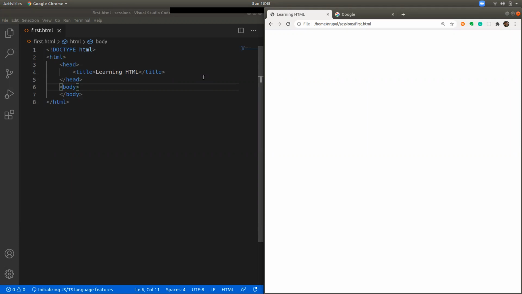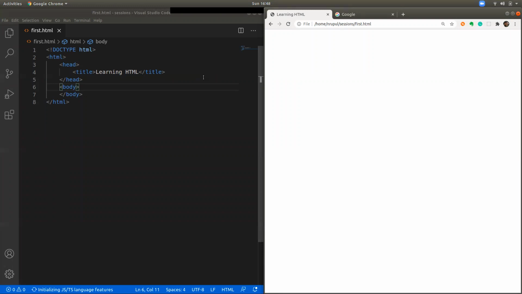The input tags will take input from the user. How it works is based on the tag which you wrote. They might have some attributes which make it look in a certain way in the browser. But the important thing is it sends the data to the server, which you will learn at a later stage, how to send the data to the server and how to read the data on the server side. But let's look at how to just create those elements where you can take input from the user.